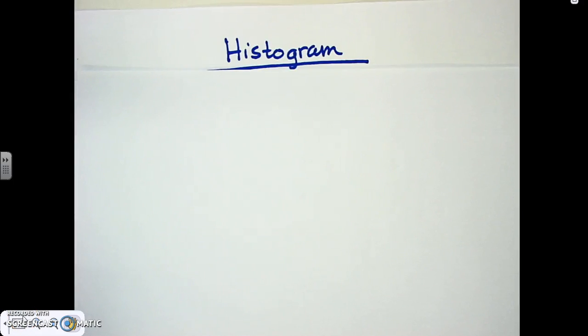The last and third thing here is creating a histogram. Now, we've dealt with stem and leaf plot. We used the stem and leaf plot to help us make the frequency distribution. Now we're going to take the frequency distribution and help us make a histogram. And again, just to give you an idea of what's going on,